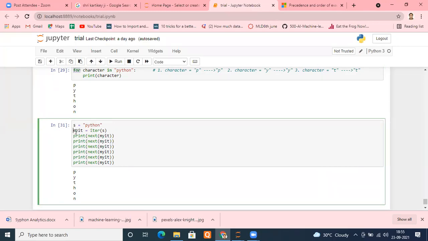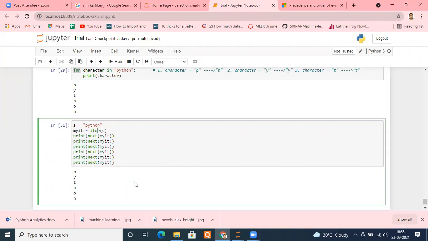If you don't remember this, perfectly fine. I just told you to understand the basics of how the for loop actually works. It has the inbuilt iter and next methods and automatically does that. Is it fine?